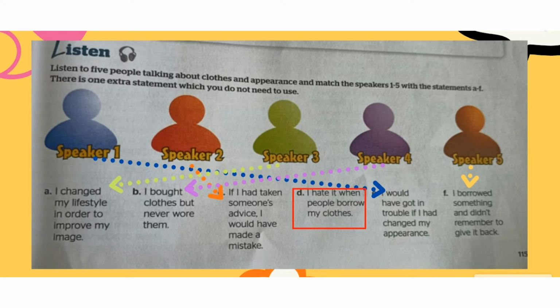So she chose another color, because if she chose the same color as her sister suggested, it could be the same as her classmates, the other students, or other people there. So speaker 1 matches with statement E, and speaker 2 matches with statement C,